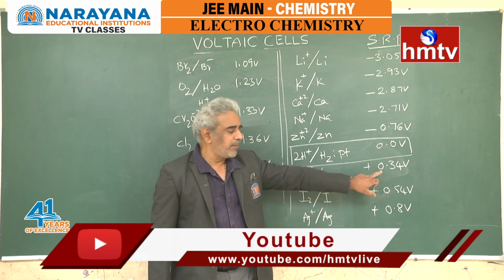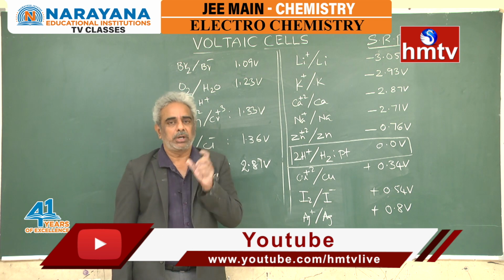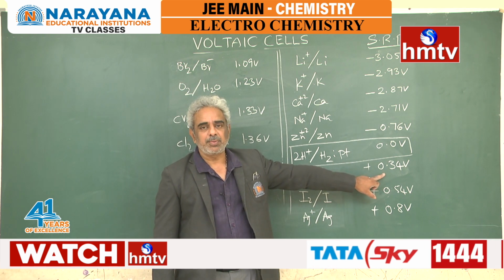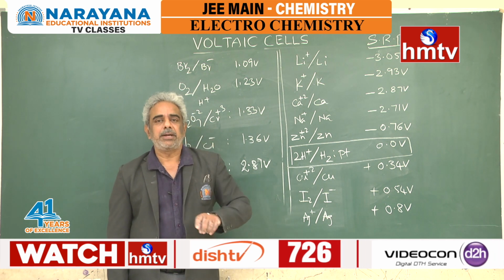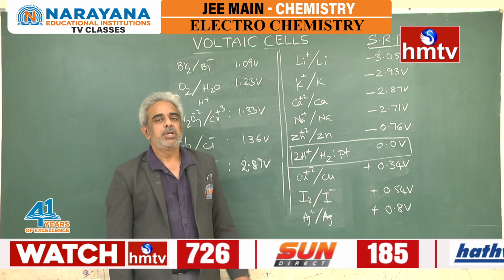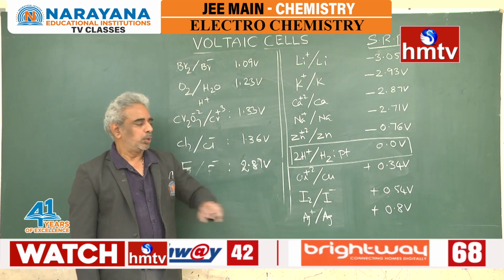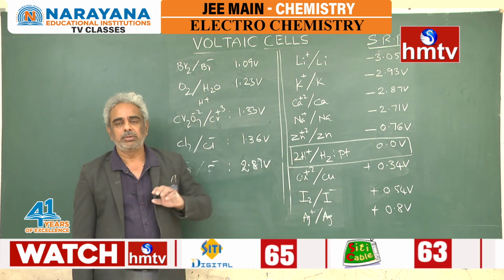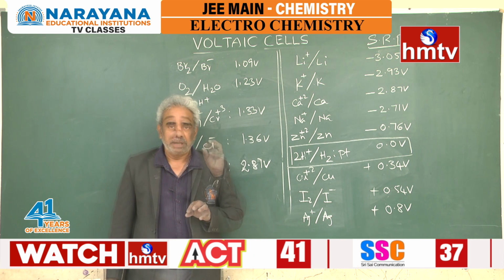So, whenever these metal electrodes are connected with the standard hydrogen electrode to prepare a cell, because they have positive reduction potential and hydrogen has zero reduction potential, we should understand that at this metal ion electrode reduction takes place. So this particular electrode serves as cathode. So the electrodes with positive reduction potential, when connected with the standard hydrogen electrode, serve as cathodes, and the standard hydrogen electrode serves as anode.